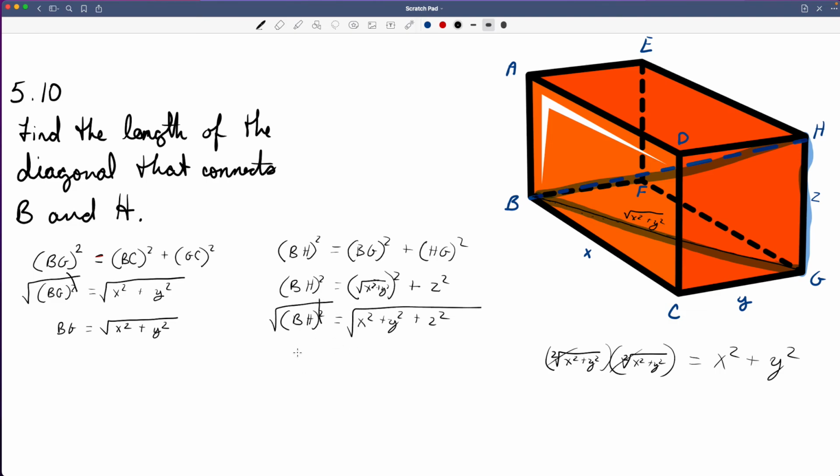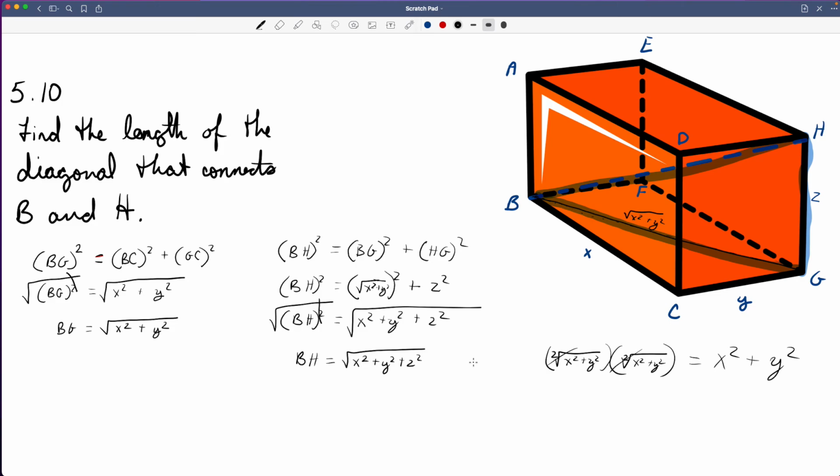That cancels. BH is equal to the square root of x squared plus y squared plus z squared. And that is solved. That is the answer for the length of BH here. Okay? Awesome. So one of the things that you can do is write this down